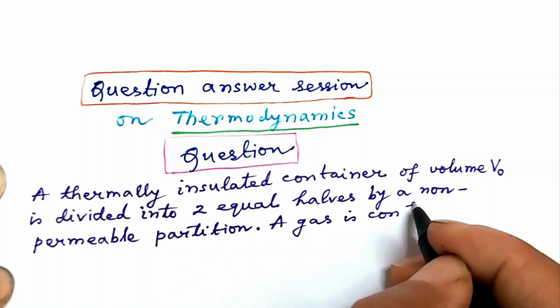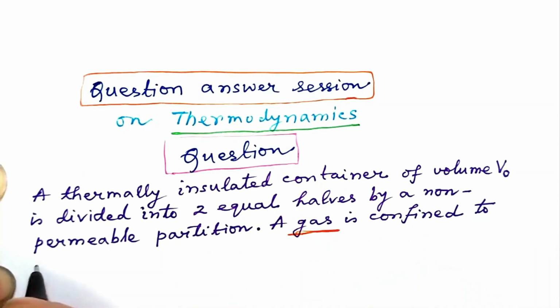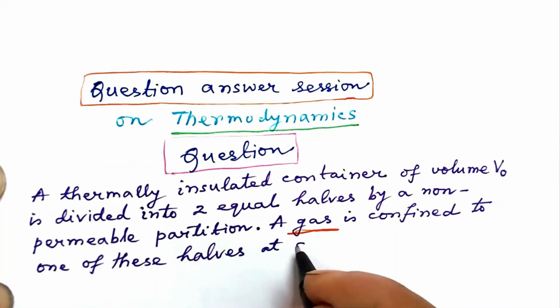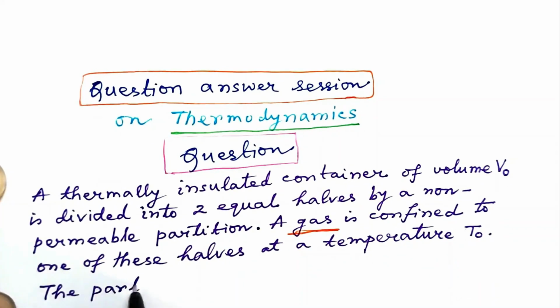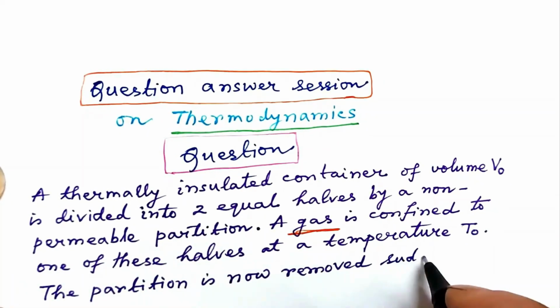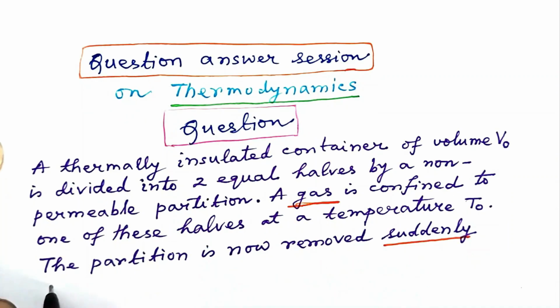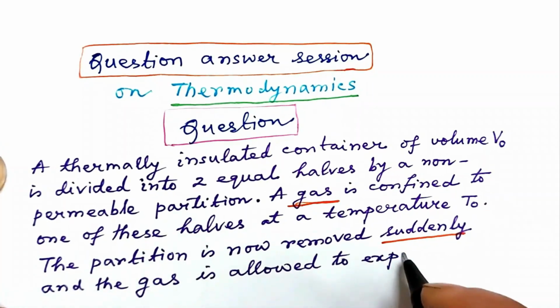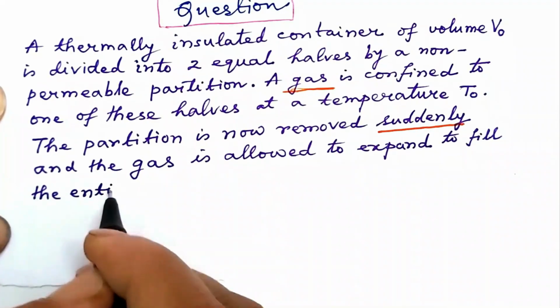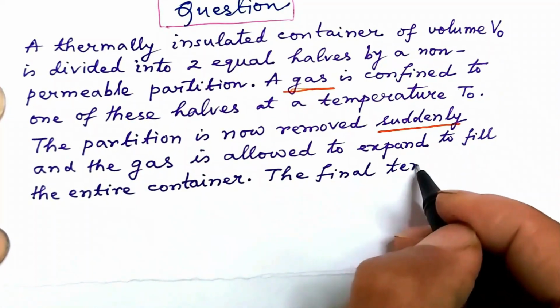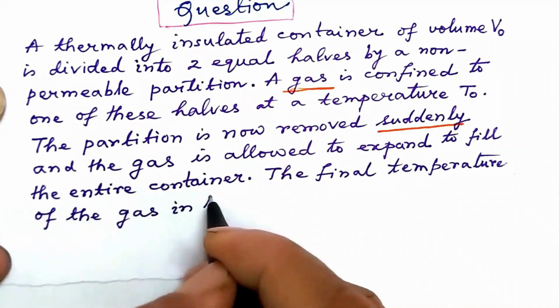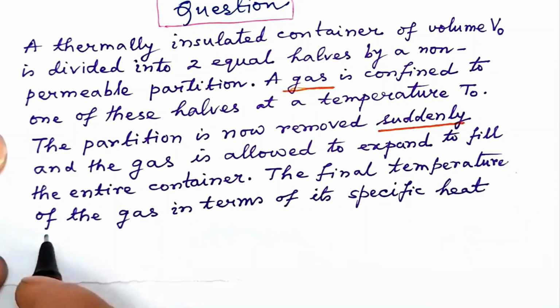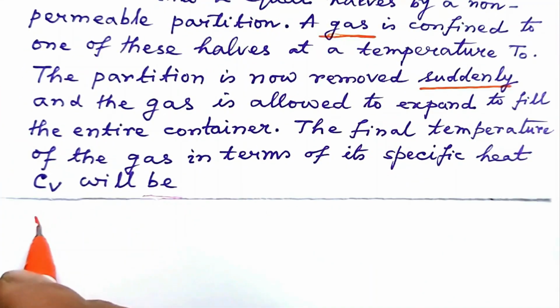A gas is confined to one of these halves at a temperature T0. The partition is now removed suddenly, and the gas is allowed to expand to fill the entire container. The final temperature of the gas in terms of its specific heat Cv will be, the options are,